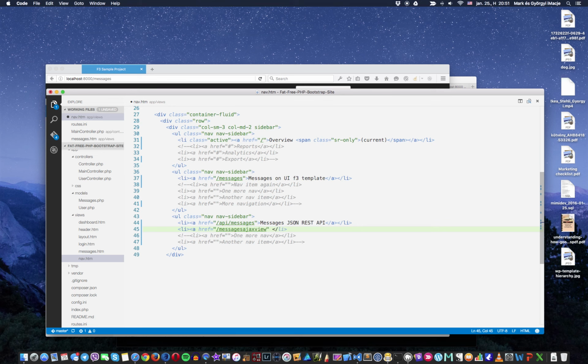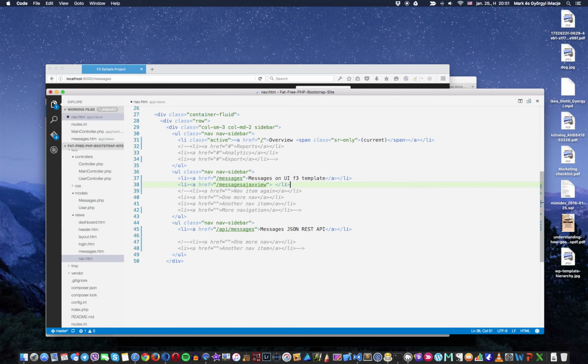I mean, it's important, you know, names are important, but why is it so important for me to call it this? It is important because these two are essentially different. This is an API call that returns a JSON. This is a view. This is the same category as the view above. Actually, I will put it here like this, because that's just a view, and that view will not be doing too much, just render a button and the title. So messages Ajax view, that's what we got here,